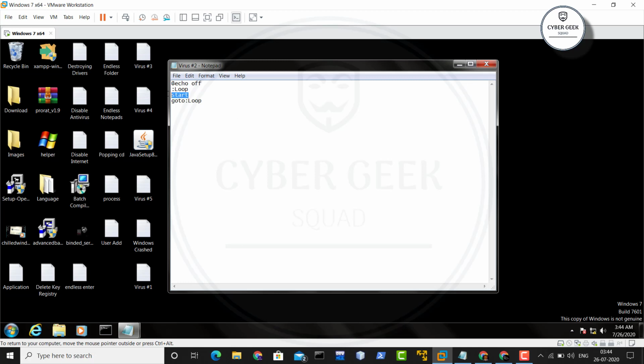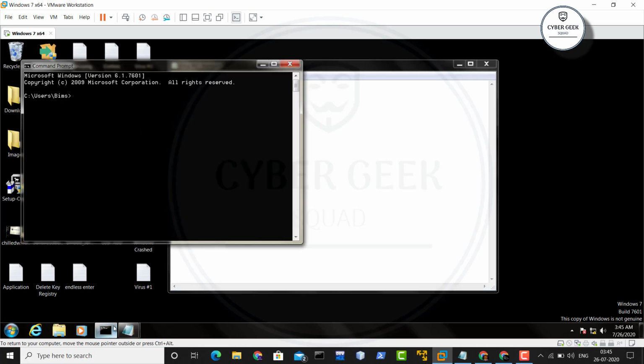So what does this start command mean inside it? The start command is nothing but it will execute your command prompt over there. Basically it keeps on executing the command prompt, and it makes the system lag, or it can even crash the system. So is it possible that Windows can lag just because of a command prompt? Yes, because if I open a command prompt over here, and you can see this, right? Let me just open the task manager.